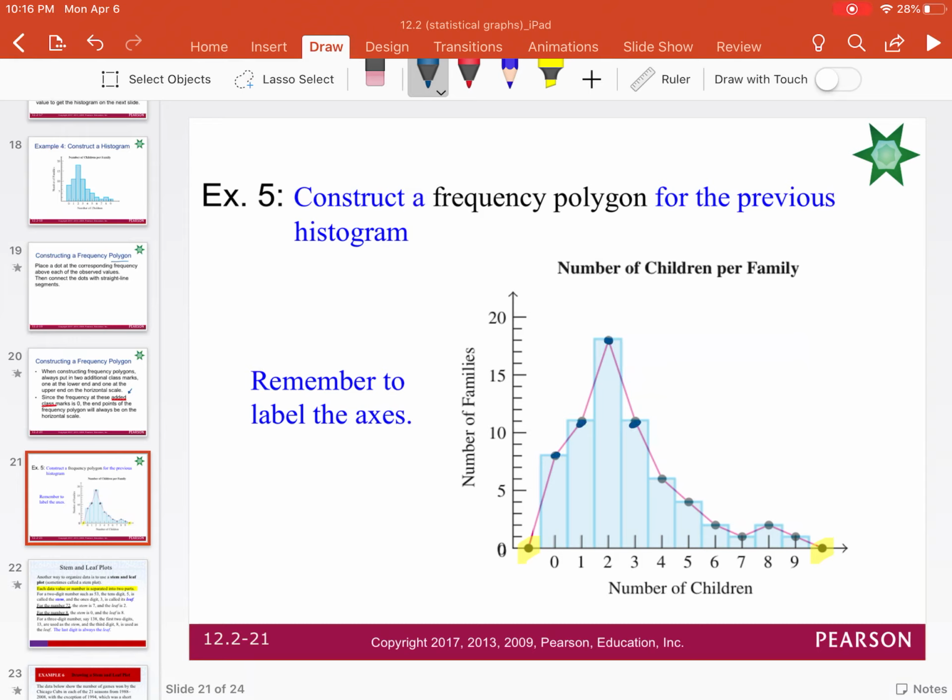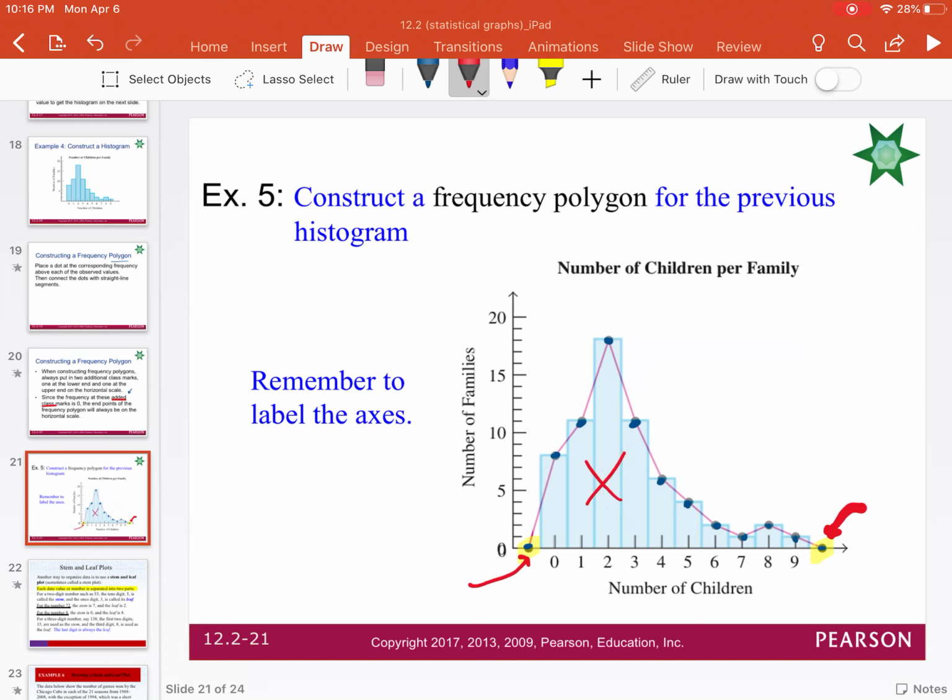And then what you would do is remove the histogram. Now these are the dots that were added. This one's added, and this one's added, just to bring it down to the x-axis so the dots aren't left hanging up there in the air. Now if you remove these bars,